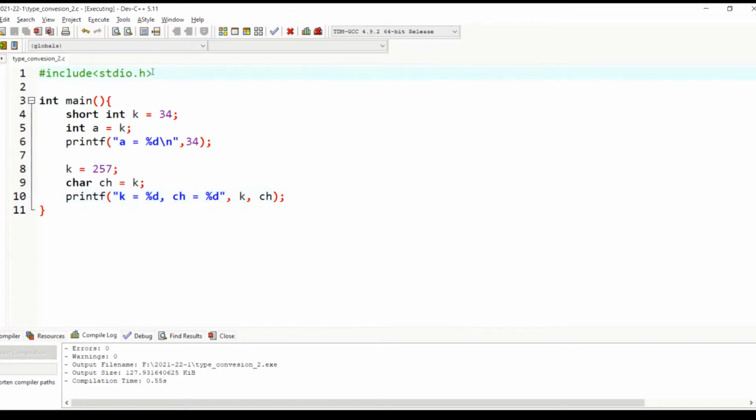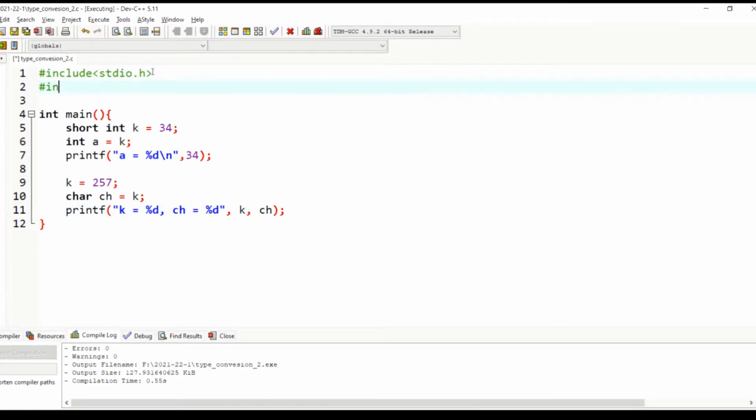We have some predefined constants in the header file limits.h. Some predefined constants and macros are available in this header file which have the minimum and maximum values for a particular data type, starting from character to long integer. For float, there is a separate header file, float.h. We'll discuss it later.